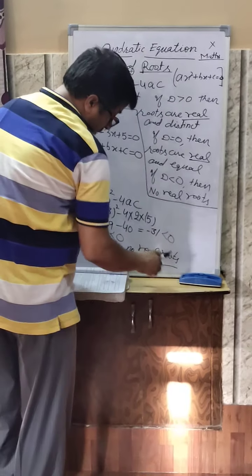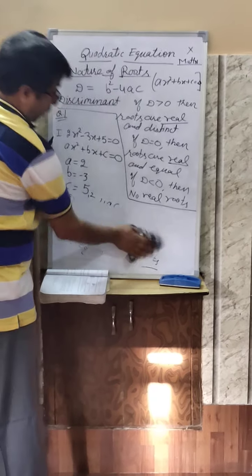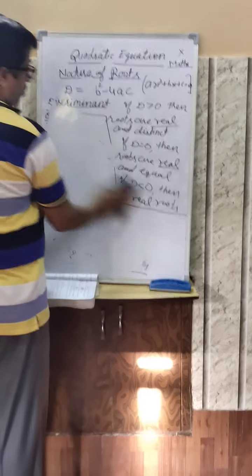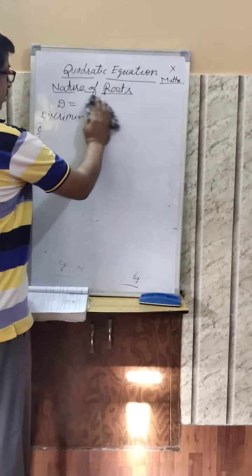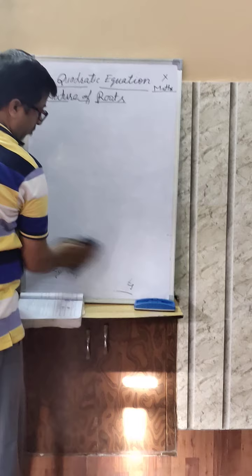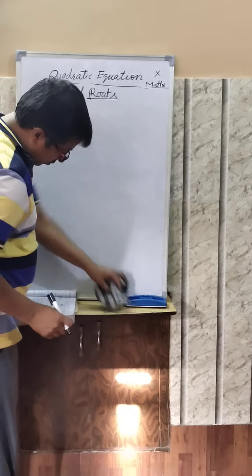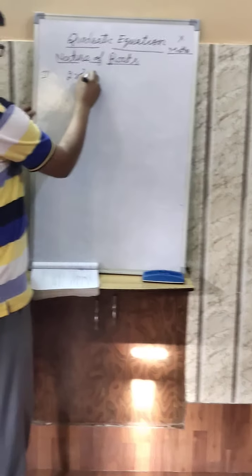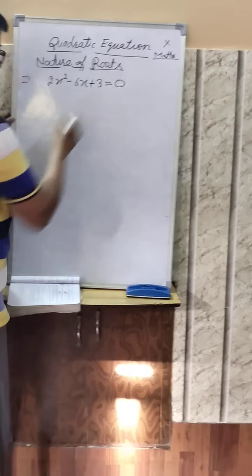You see, third part. Third part equation, you read here. What is given in third part also? Find the nature of roots. If the roots exist real, then find out this. So 2x square minus 6x plus 3 equal to 0.